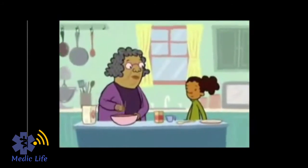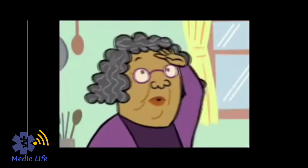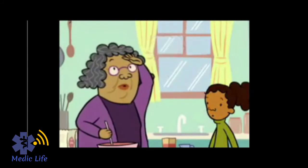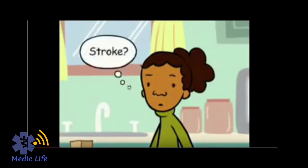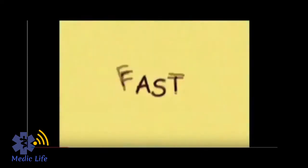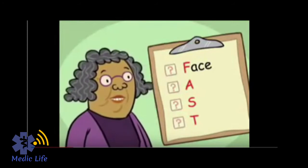On an ordinary day, there in the kitchen, Grandma started to sway. Grandma sounded strange when she spoke. Daddy had to ask, what if my grandma's having a stroke? I think I better act fast. I think I better act fast. Does her face look a little bit uneven? Does one arm